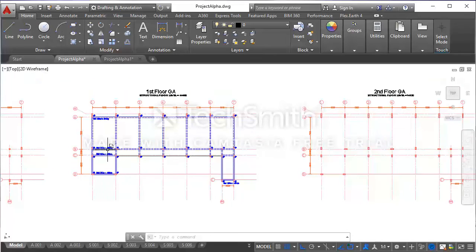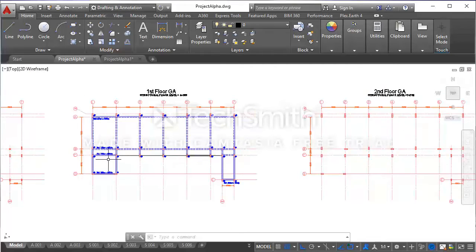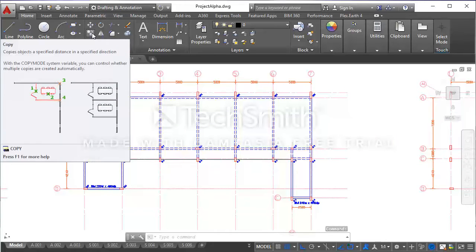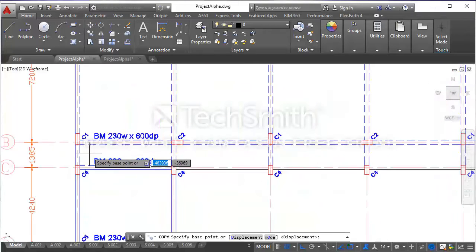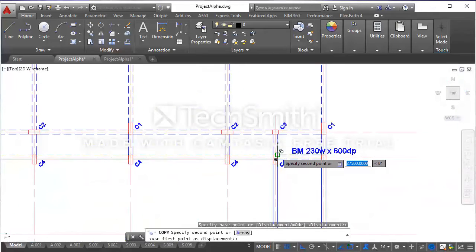There's also one beam remaining in the horizontal direction that we have not labeled, at the line C, 6, 8 to 7. This beam here. So I'm going to copy this label. I'm going to duplicate this label here and paste it here.